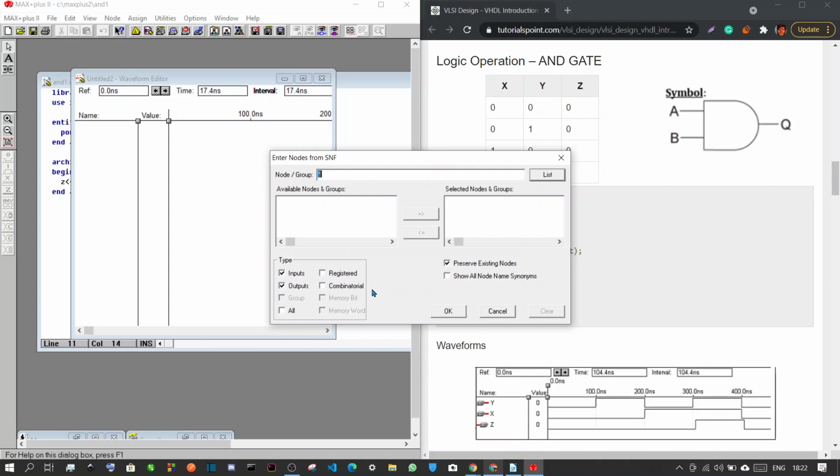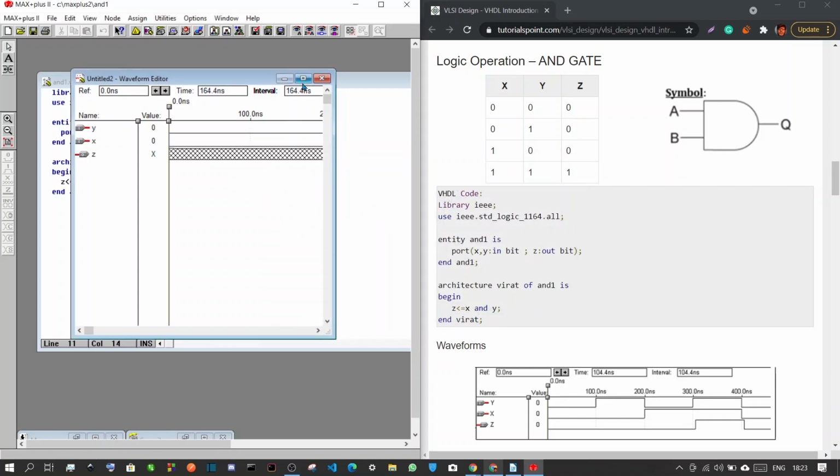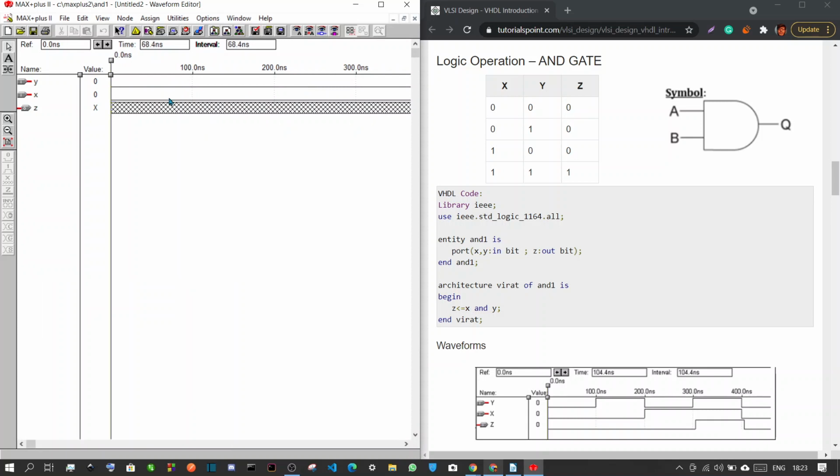This dialog box will appear, then click on List and these nodes will appear here. Then you have to shift them all to the selected nodes, click on this right arrow and then click on OK.